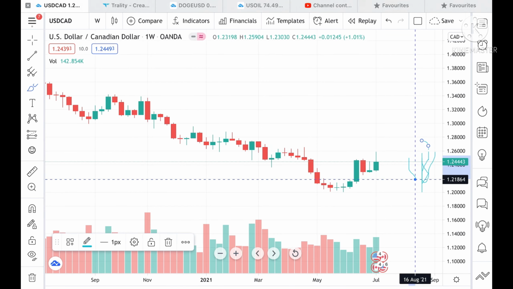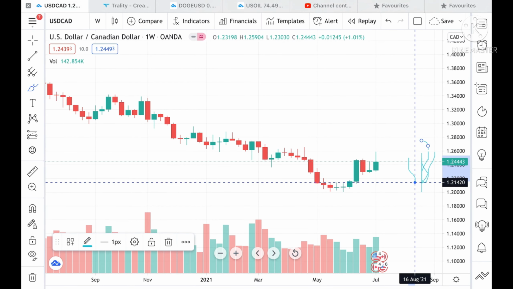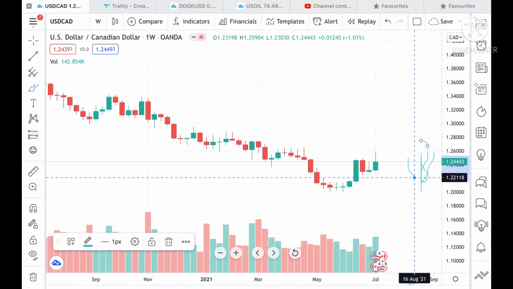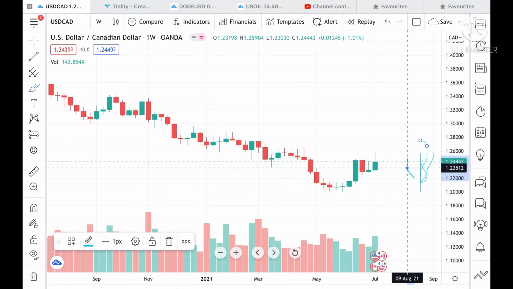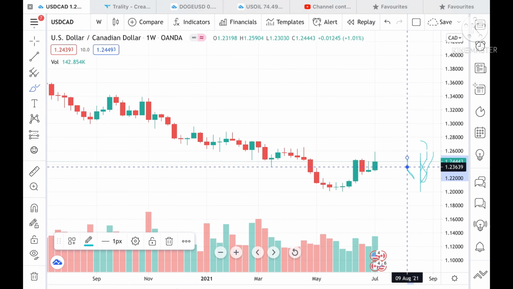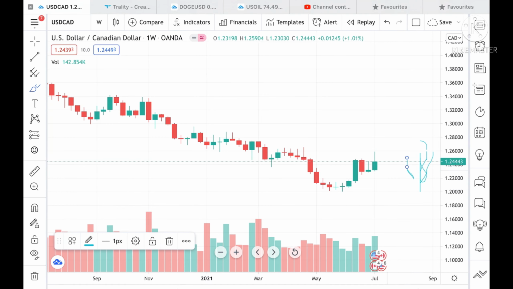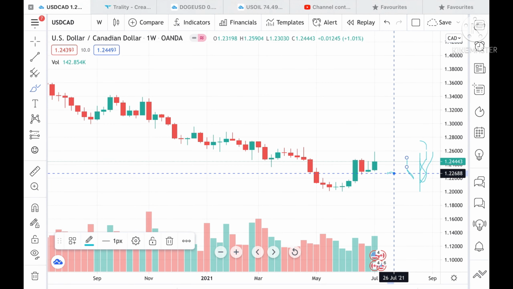You have to understand that if it goes below a level of 1.22, or if it goes below a level of 1.23, then we are on the bearish side, because this is the range. Once this range of 1.22 breaks downside, then we can see a level of 1.2218. Now if we talk about